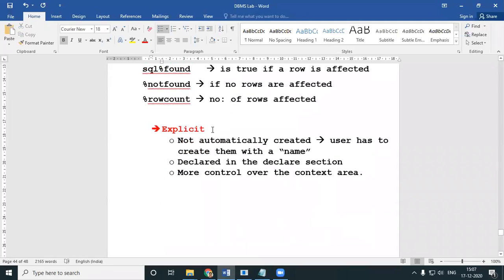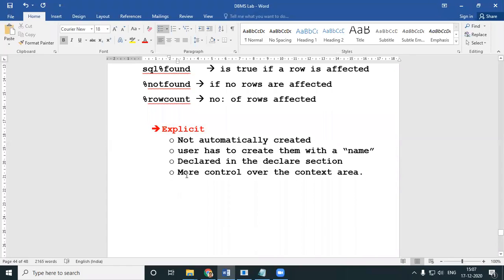Now, to do away with all that, we do have something called explicit cursors, which are not automatically created. The user has to create them with a cursor name.